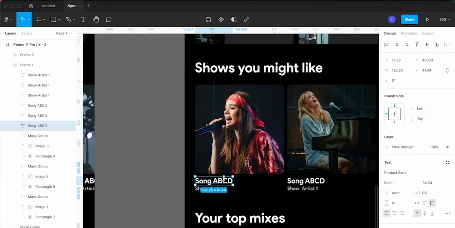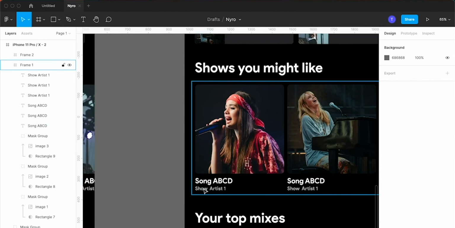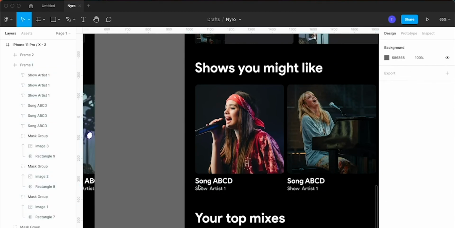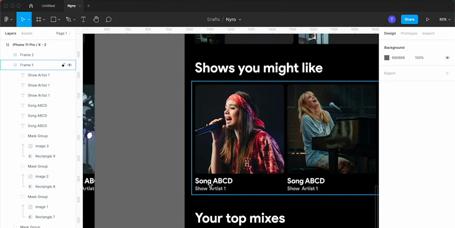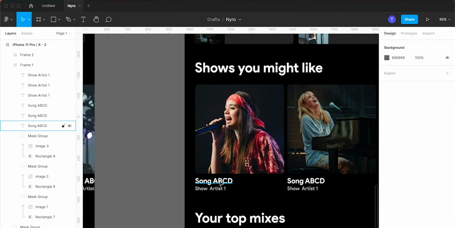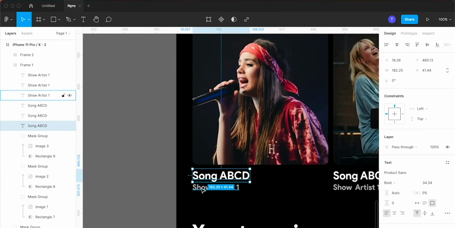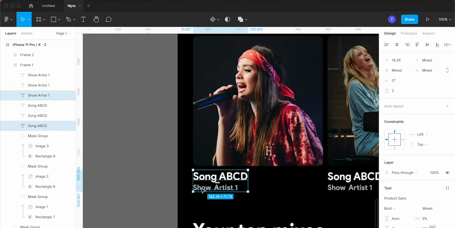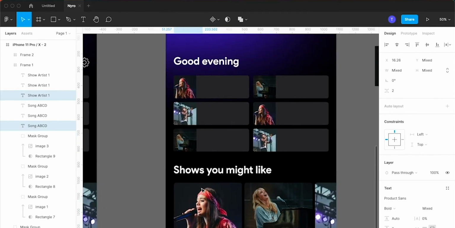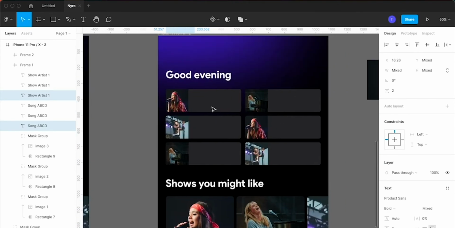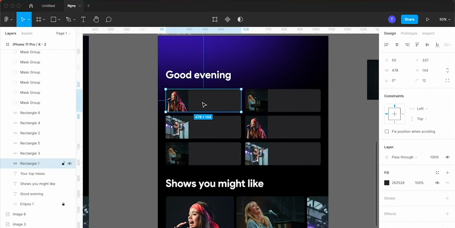One thing to keep in mind is that when you want to select a layer in a frame which is already inside a frame, you cannot do that by just clicking on the layer. You have to press the Ctrl or Command key on your keyboard and then click in order to select that particular element. So here you go. Now I pressed Command C and now over here I press Command V.